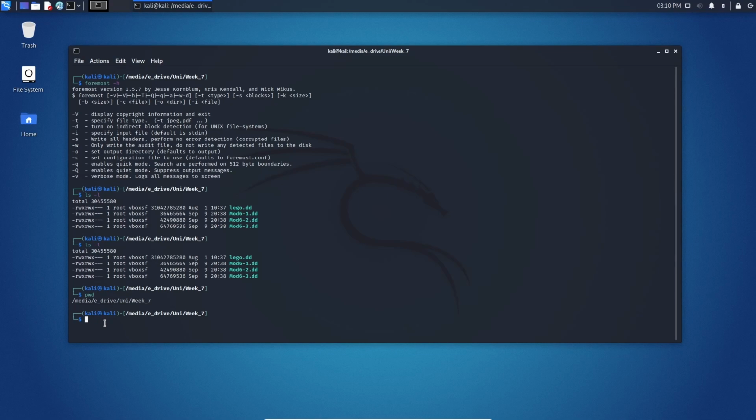So the first thing we're going to do is we're actually just going to have a quick look at the Foremost configuration file. Now it needs to have a configuration file in order to run, and if you've deleted it or it's missing, then Foremost won't run. In Kali Linux, it's located in /etc, and we'll have a look,